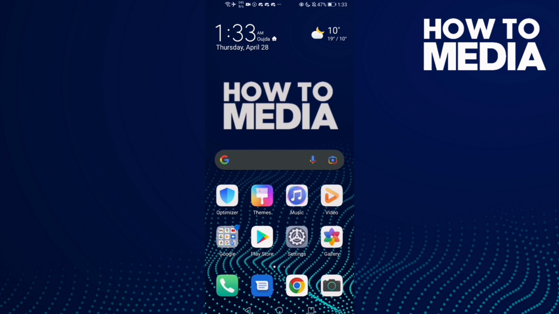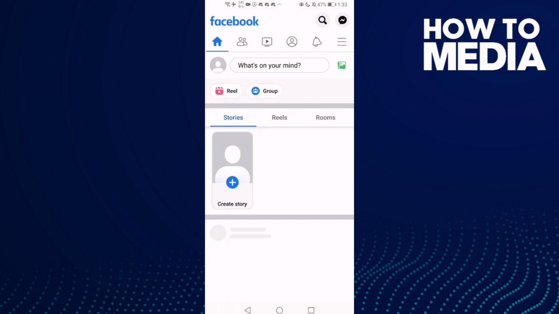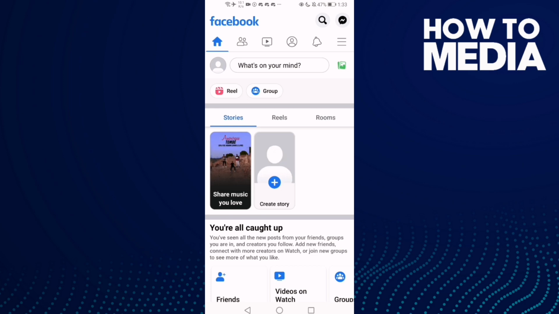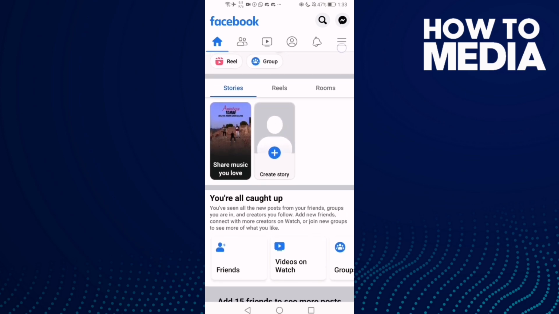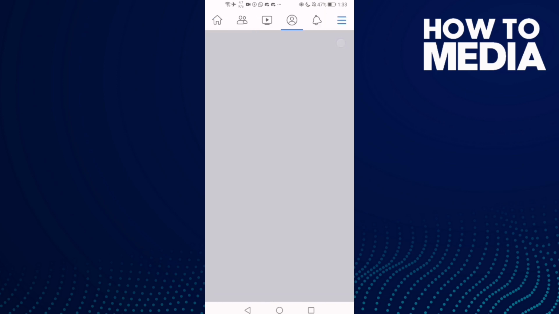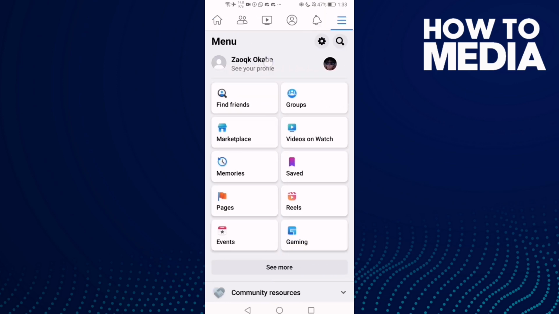First, what you're gonna do is go to Facebook, and then click this three lines here, and now click on your username to see your profile,